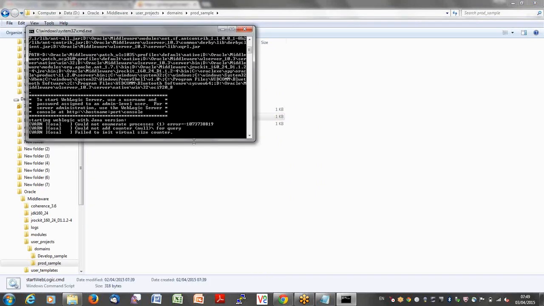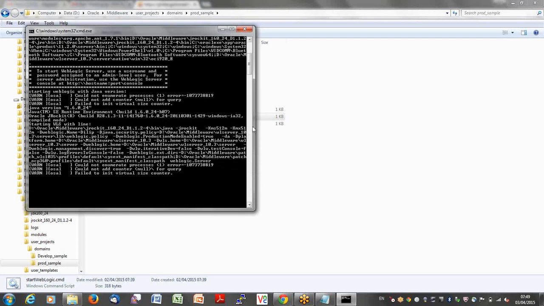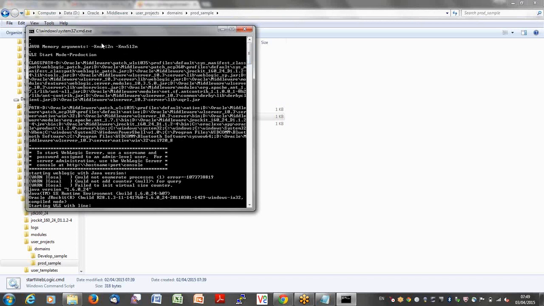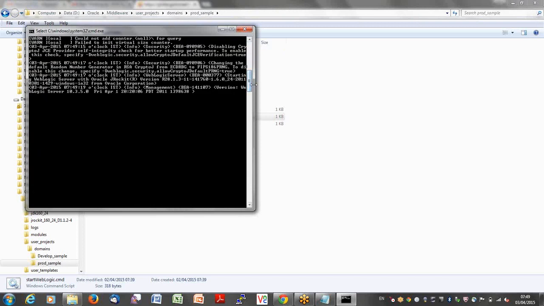While you start the server using the script, you can see the arguments here. This is the minimum size of the heap. What is the minimum size here? 512 MB. And Xmx refers to the maximum size of the heap. That means this WebLogic server process has taken 512 MB of RAM initially, and it can go up to a maximum of 512 again. This is the production box, production server, production mode domain server. Okay. So we have started that.